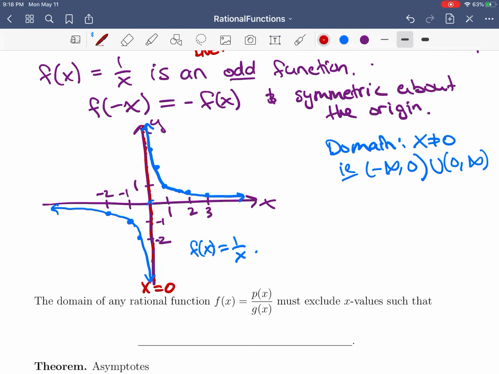Now we can see some special things happening. This vertical line that I drew in red, x equals 0, is what we call a vertical asymptote. And this line, y equals 0, is a horizontal asymptote for this graph. We're going to see why we had those, and how we know if other rational functions have these things. Okay, so maybe I'll just write here: as x gets close to 0,